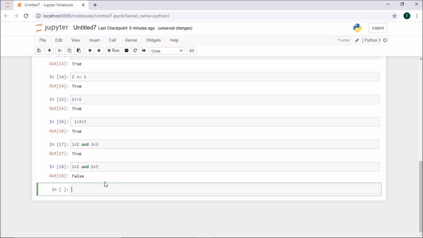I can rewrite this as 1 less than 3 greater than 2. Is this correct? So 1 is less than 3. Okay, so 3 is greater than 2. Yeah, then it is true, right? So this is an AND statement. AND means both the conditions should be true, right?